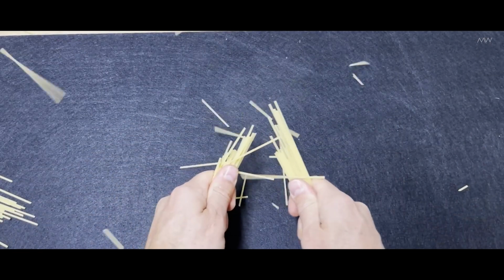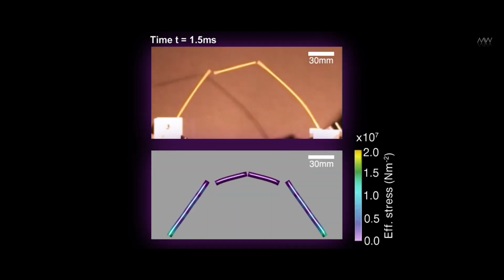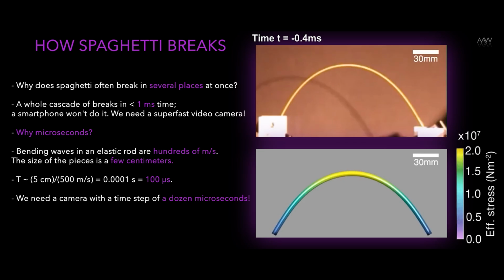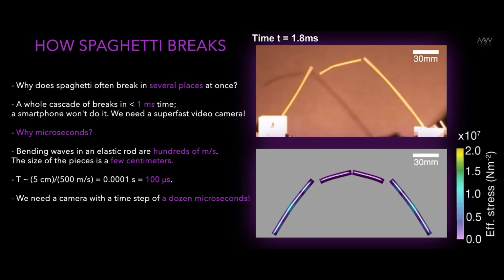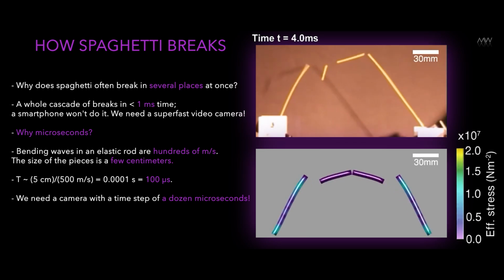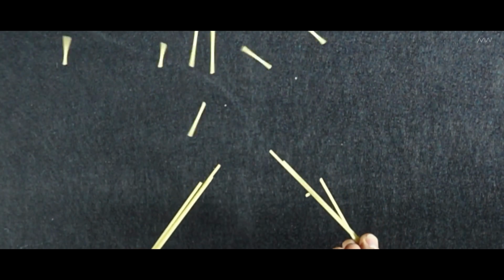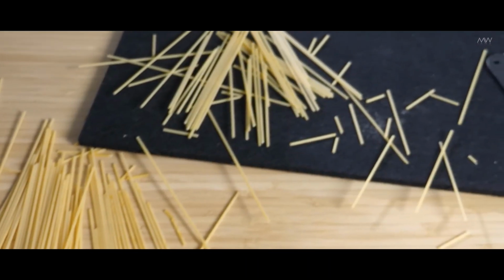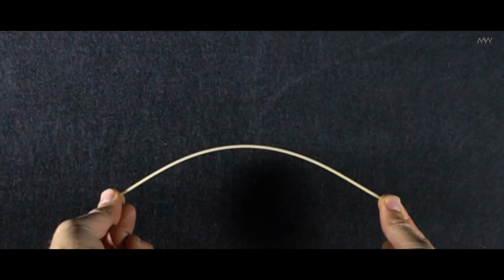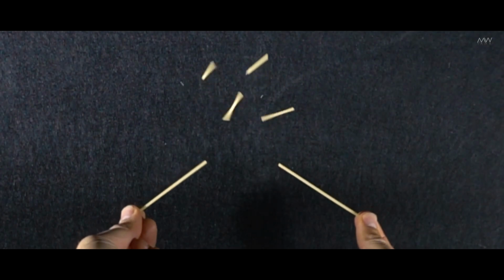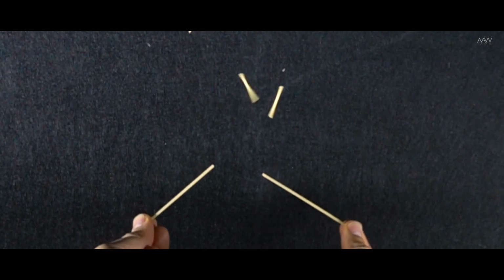These are all home experiments, you know. Why microseconds? Actually, because you can also calculate by that formula, the formula of uniform motion. The typical velocities of elastic deformations in solids are hundreds of meters per second. They may vary from substance to substance, but it's of that order of magnitude, and the pieces are a few centimeters in size. If you divide one by the other, you get that through elastic waves, different parts of the spaghetti sense each other on a scale of tens of microseconds.